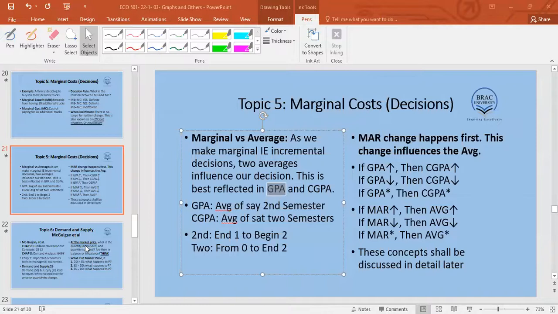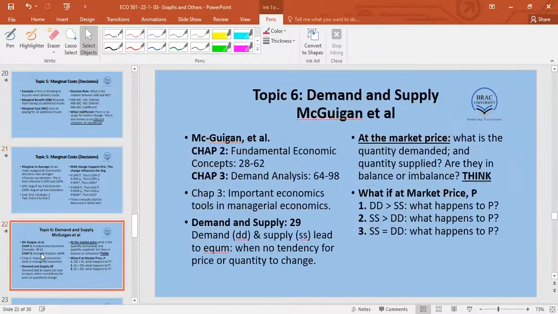I don't know why people still study these things, but anyhow, তাহলে এই যে if GPA is rising, CGPA must be rising. If GPA is falling, CGPA must be falling. And if GPA remains unchanged, CGPA must be unchanged. Based on this, we get these three relationships. আচ্ছা ঠিক আছে, এখন দেখি স্টপ শেয়ার দেই, আমি এখানে একটা স্টপ করে দেই।